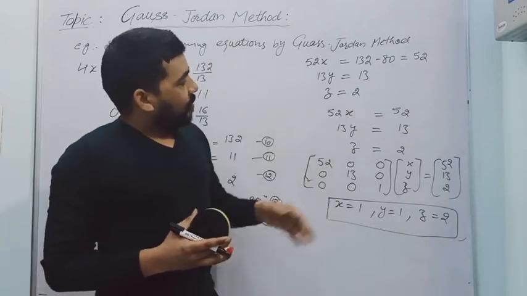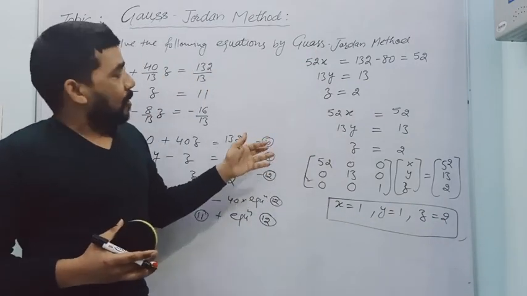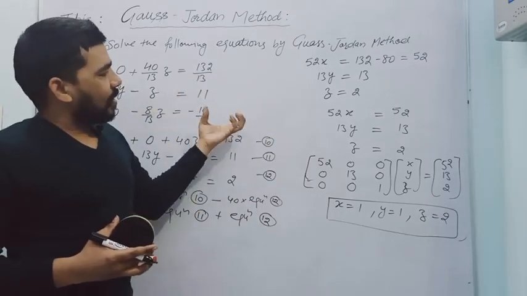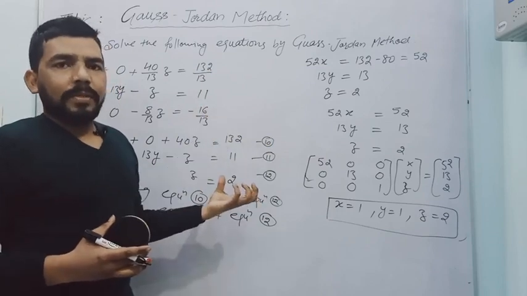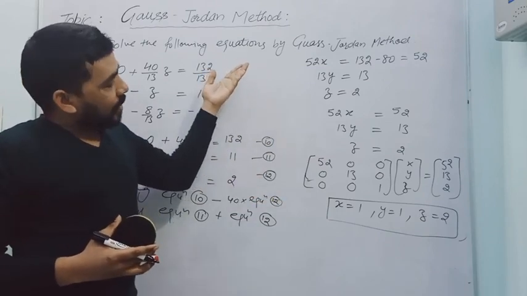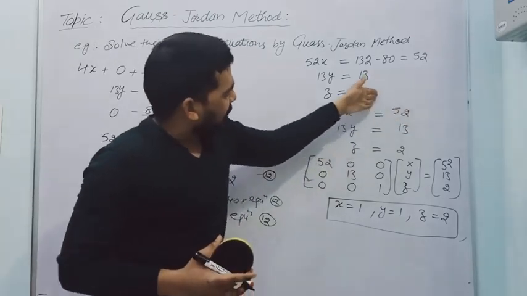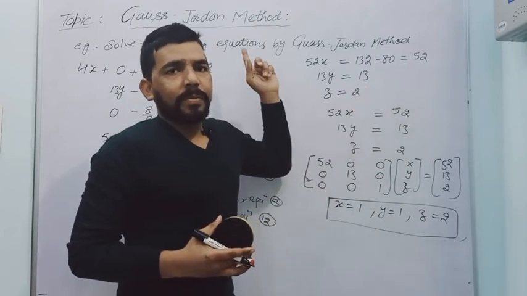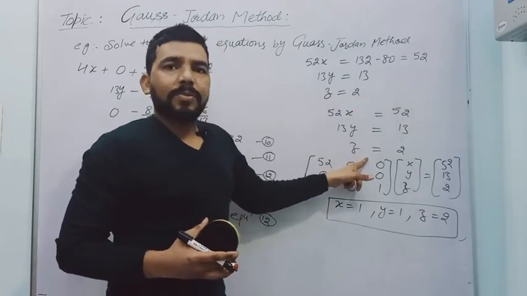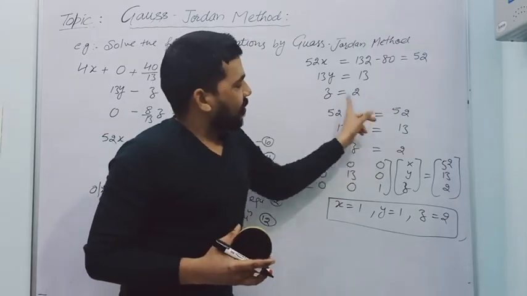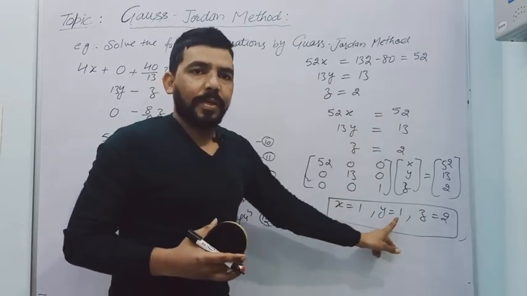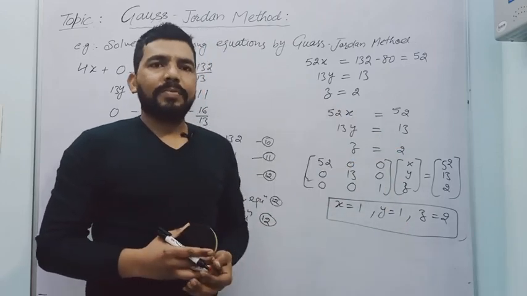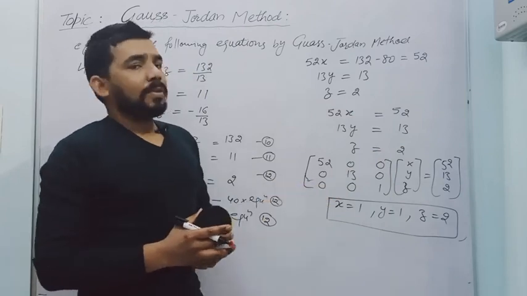That means when we are using the Gauss Jordan method, we have to do so much work. We are applying the operation 3 or 4 times as compared to the Gauss elimination method. But in this method, when we reach the last step, there is no need for back substitution. Just as we had to do back substitution in Gauss elimination, here there is no need for back substitution. So directly we will get the solution. That means the work of back substitution is saved here. So that is the merit of the Gauss Jordan method.